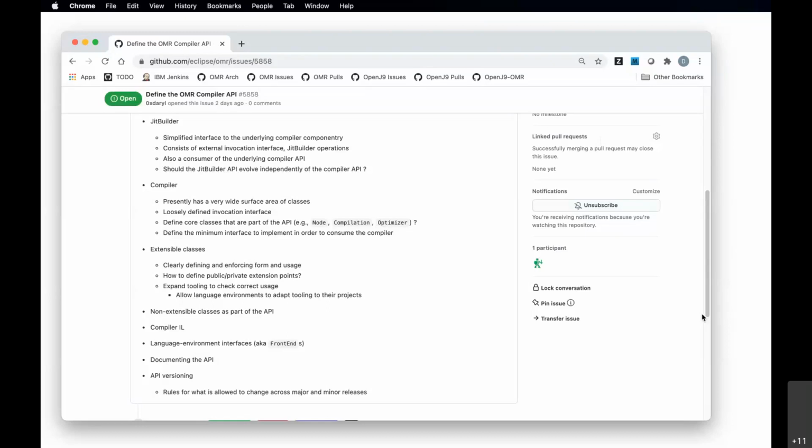we can set aside certain functions to be known to be not extensible, and therefore they won't require the self methods, right? So simple getters and setters for things like the compilation object or the code generator object or other things like that, or memory that are very unlikely to be extended. We can basically say those get a pass from requiring self methods, and it'll make the code a little bit more readable as well for the consumer of the API.